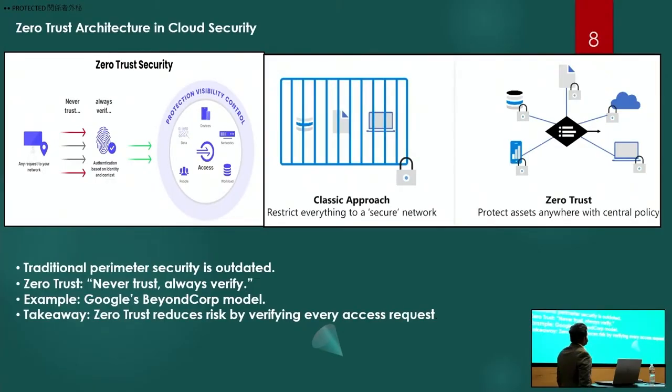So the second approach is zero trust architecture. When I talk about zero trust architecture, the classic approach to securing any network is that everything you keep under one room and you just lock it. Just an example I'm giving you: no matter if it's a database, photos, or a TV, take an example of your scenario. You keep everything at your home in one room and you lock it.